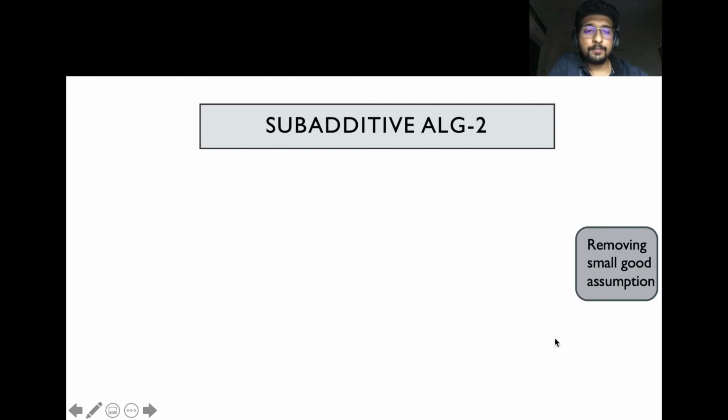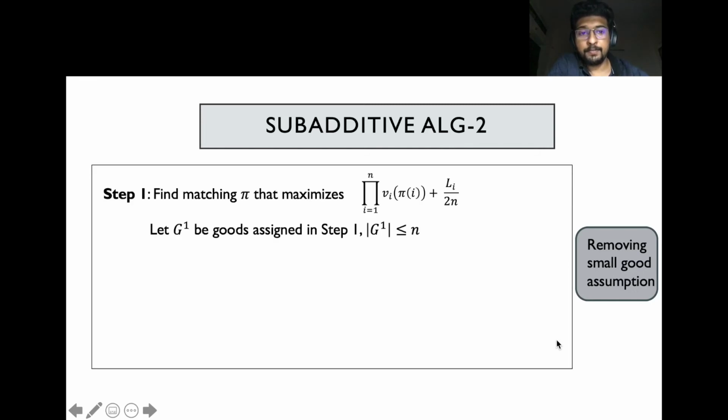Now, to remove the assumption that the goods that remain after the matching step are all small goods, we add an additional step to our algorithm. The first step remains the same, just the same max weight matching using the modified weights. And again, G1 denotes the goods assigned in step 1. Note that the size of G1 is at most n,